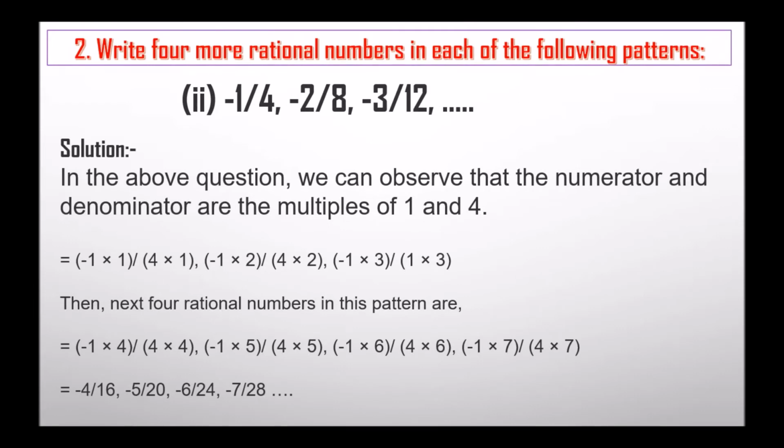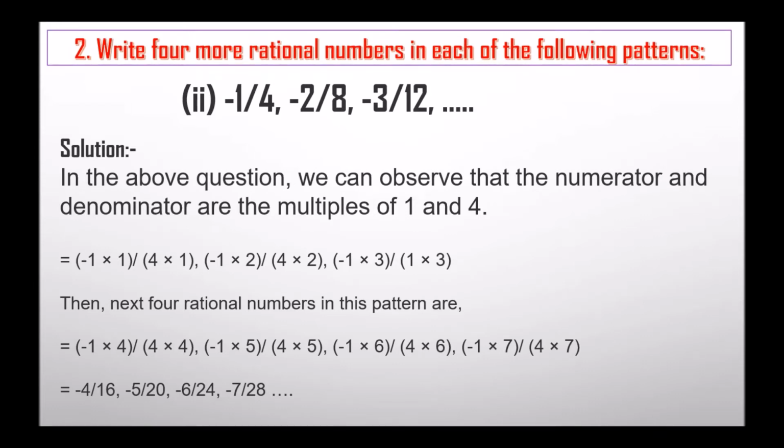Next, -1 upon 4, -2 upon 8, -3 upon 12. Now numerator and denominator are the multiples of 1 and 4. So -1 into 1 upon 4 into 1, -1 into 2 upon 4 into 2, -1 into 3 upon 4 into 3. So the next 4 rational numbers in this pattern are -1 into 4, that is -4 upon 16,